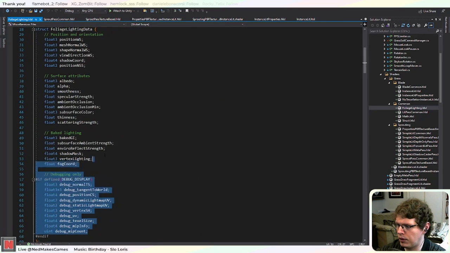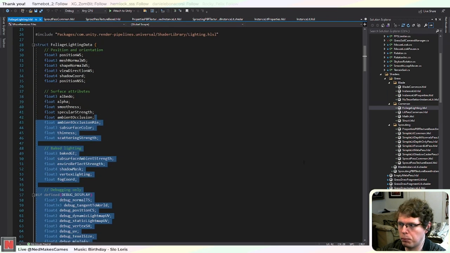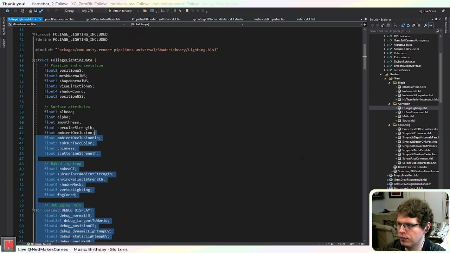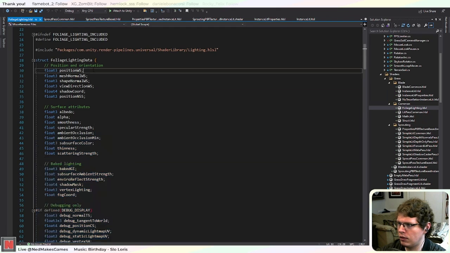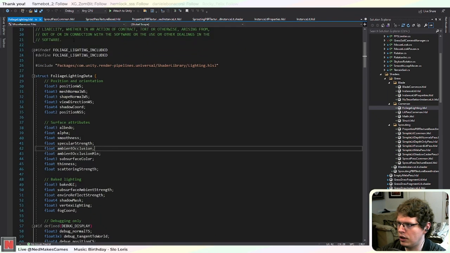Because we're going to have to pass all this stuff. And since it's instance lit, we don't really vary it across the blade, so